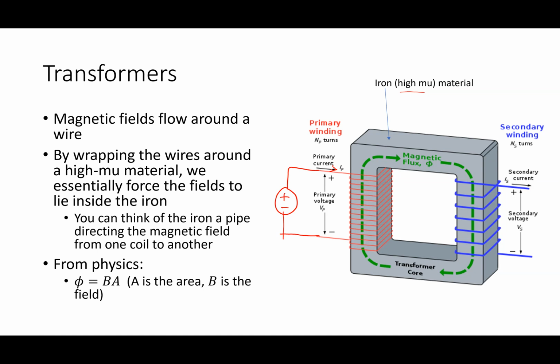One thing to think about: iron is expensive, iron is heavy, right? So the only reason I use this thing is because it directs the field to where it needs to go, right? And that's the definition of flux. The definition of flux is how much field I have in an area. So if that iron has a cross-sectional area A, the flux is the total amount of field that's going through that thing, okay?